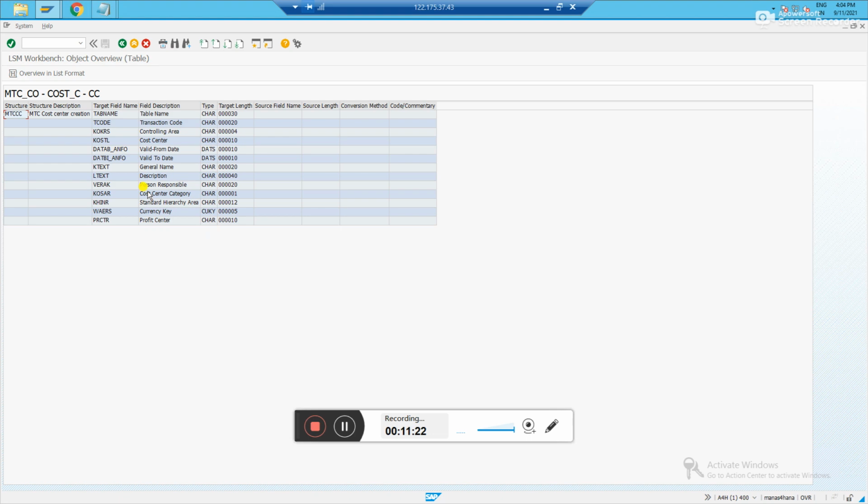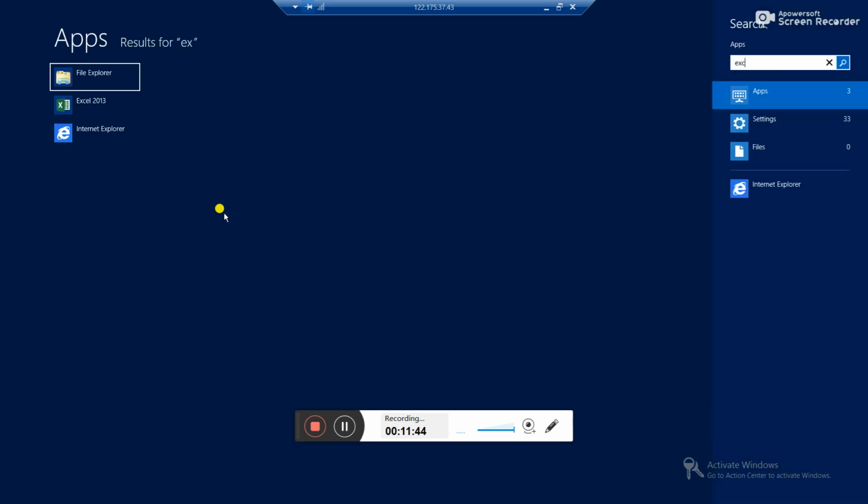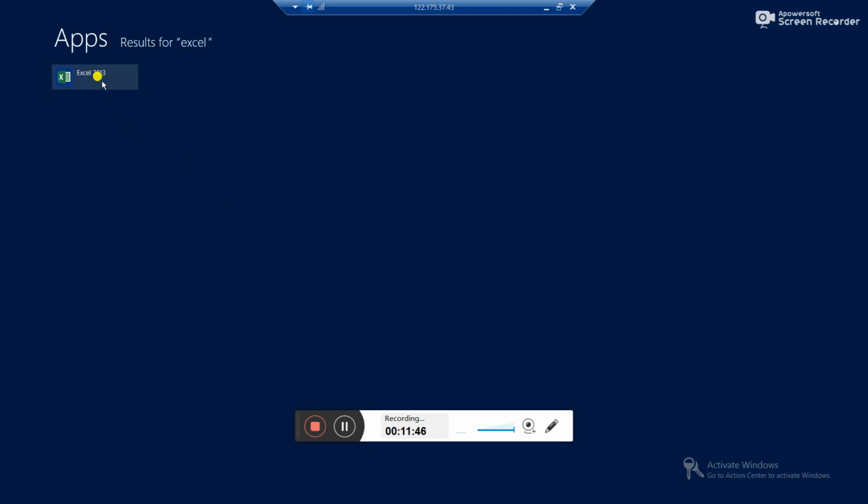You just ignore the two rows till the T code; the transaction code is not needed. So from below, starting from controlling area, you just copy, Ctrl+Y, you guys might already know it, just Ctrl+Y, select, Ctrl+C and go to your computer, get an Excel file.